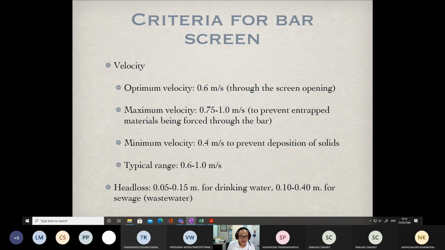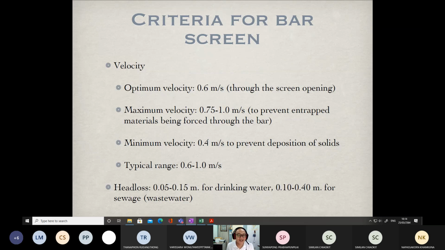For the screens, it's the same thing. These are the design and operational criteria. We have to pay attention to the velocities and the head loss